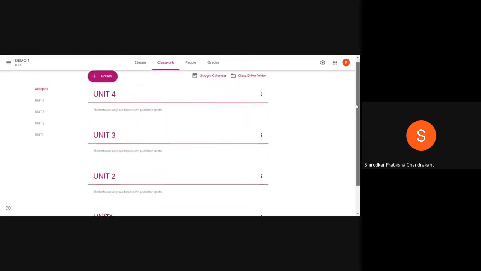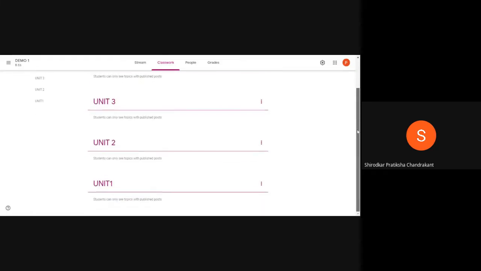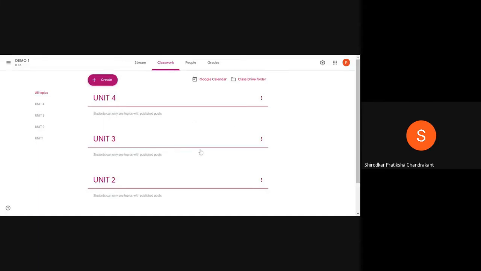But if you can notice here, these are not placed or organized properly. So I want this unit 1 to come on top and unit 4 to go at the bottom. So what I can do is, these 3 vertical dots which you can see on the screen will help us move these sections up and down. When you click on these 3 vertical dots, you will get in the drop down menu 4 options: rename, delete, copy link and move down. So now I want to move down this unit 4 and bring unit 3 up.